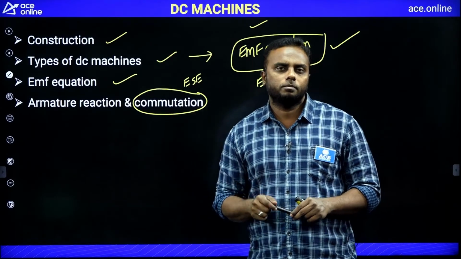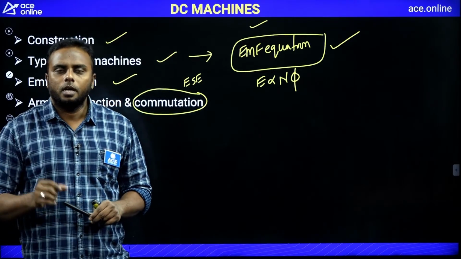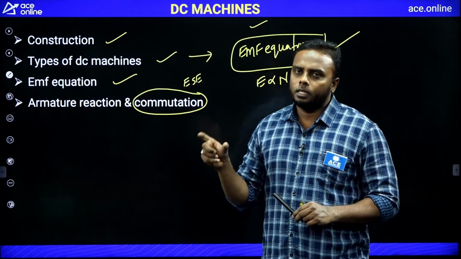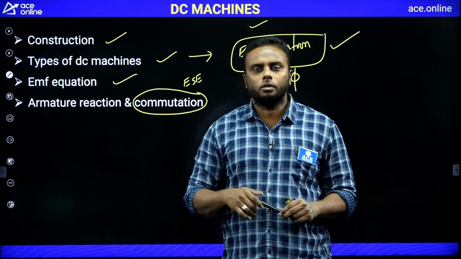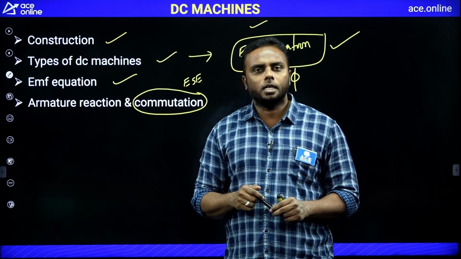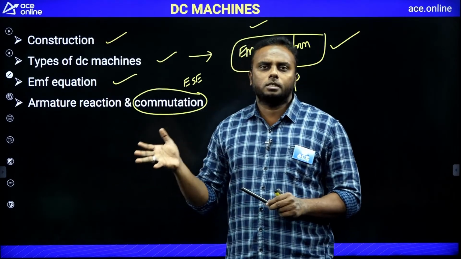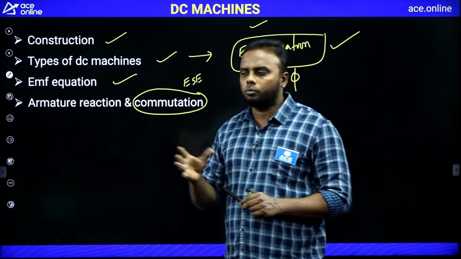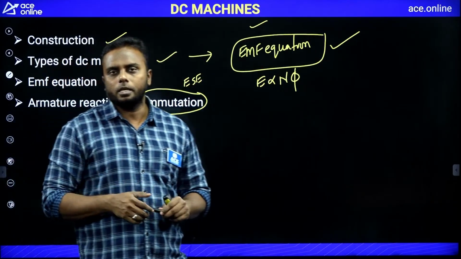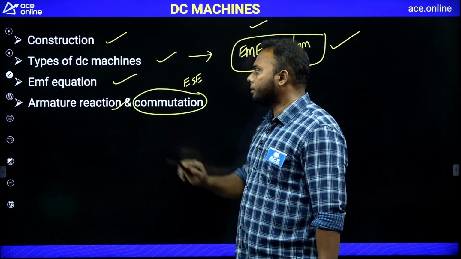There are two MMFs we get: demagnetizing ampere turns and cross-magnetizing ampere turns. If you get any numerical from this, it will come from this brush shifting concept. If brushes are shifted in the generator direction, find the demagnetizing and cross-magnetizing ampere turns per pole. Also some questions on compensating winding: how many turns, interpole winding how many turns, or how many conductors are required to compensate the reaction. This type of question you can expect from armature reaction. Okay. Next we have